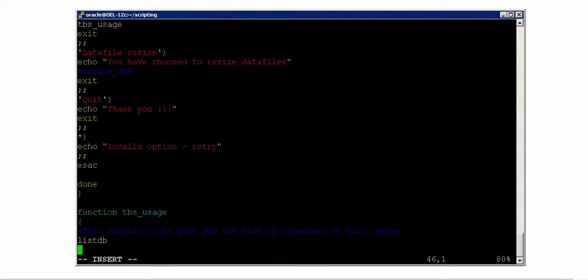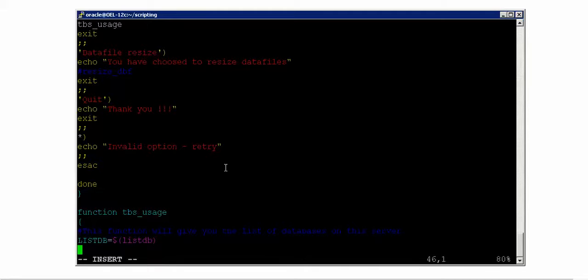Because listDB is something that will go and execute and show you the list of databases, but I wanted to capture them into a different variable also. So I will say that list_db in uppercase is a temporary variable which is only fixed for this particular loop. So I would say just go and in turn execute it like this.